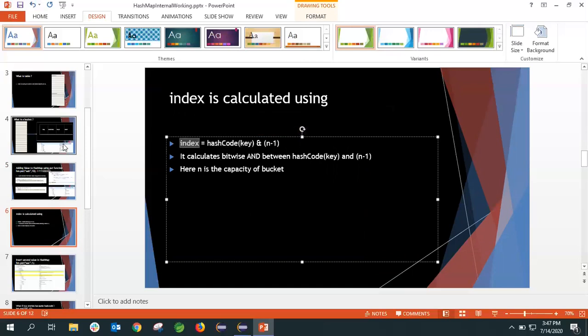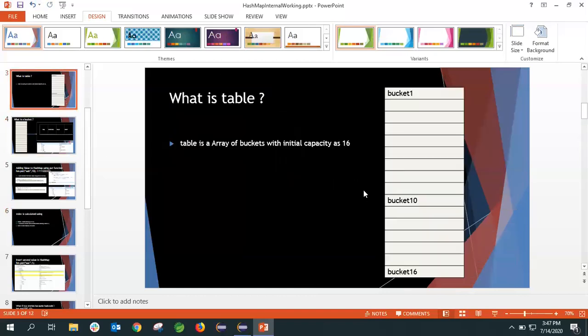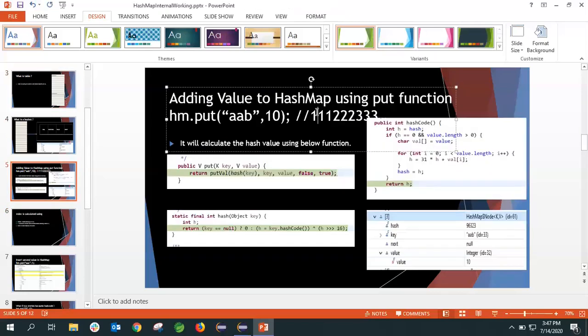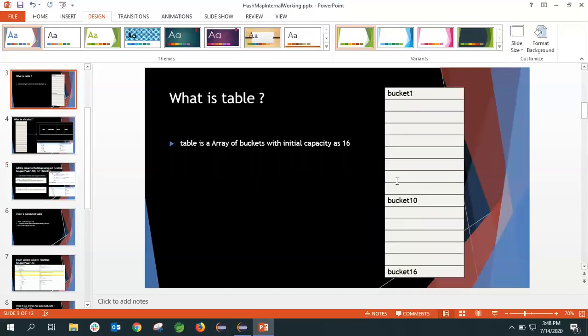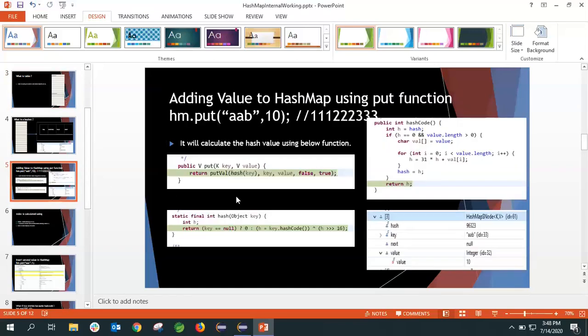Index is like, in this screen we saw these buckets. They have index 0, 1, 2, 3, 4, 5, 6, 7, 8, 9, 10 till 15. These are the indexes. Suppose I have got the hash value to be this, and assume that the index we got is 3. So here we come to this bucket, the fourth bucket, the third index bucket, and then in the node we insert those values.